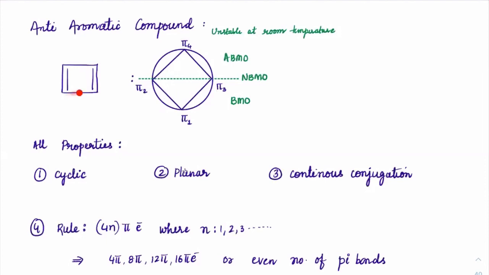Suppose I take this molecule and try to write the MO diagram. So there are four corners. First I'll write four corners here, and I will make a non-bonding molecular orbital energy line here. Above whatever the orbitals, they will be anti-bonding molecular orbitals. Below they will be bonding molecular orbitals. Now if you observe the electrons here, there are two pi bonds, meaning 4 electrons.